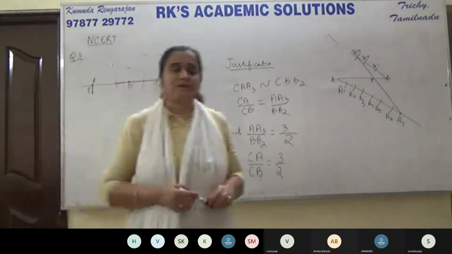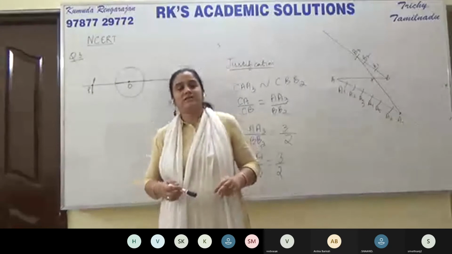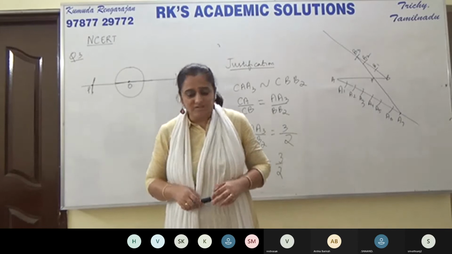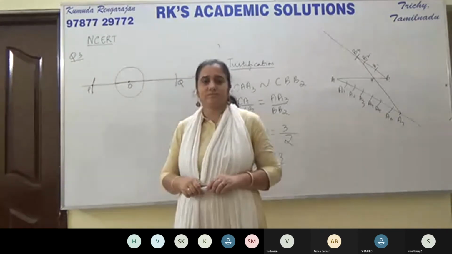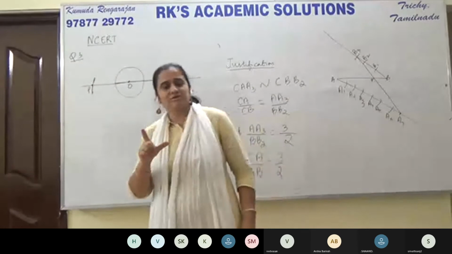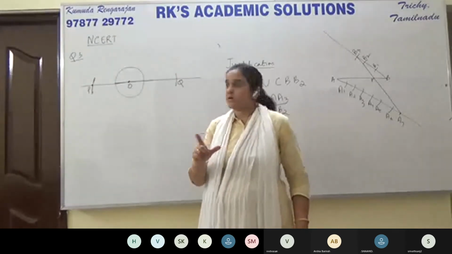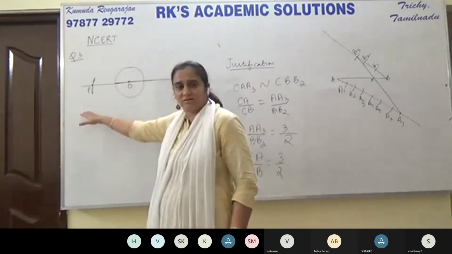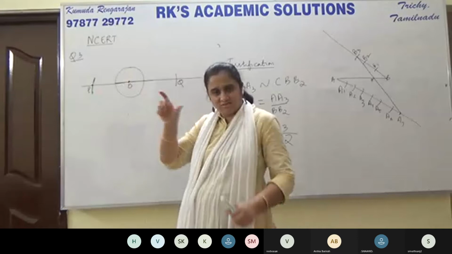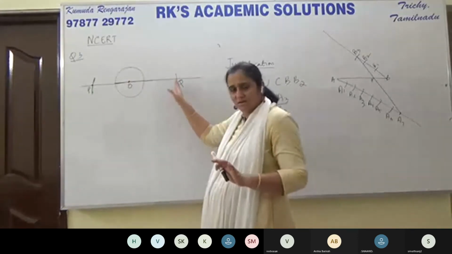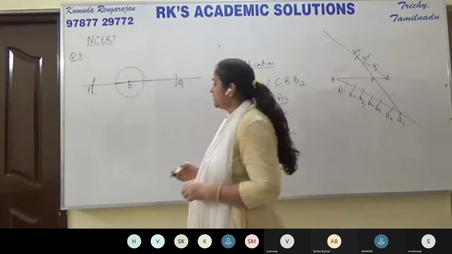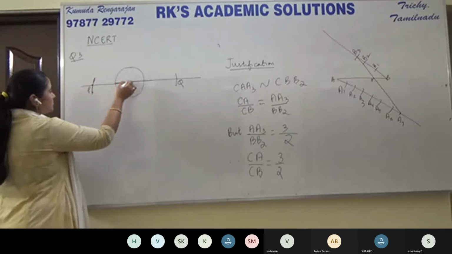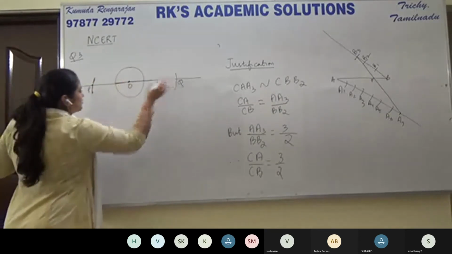Okay, so we have taken the points P and Q on the extended diameter so that they are at a distance of 7 centimeters from the center. I said you can take 7 centimeters radius on your compass. Put your compass tip at O, and on the left side, draw an arc, call it P. Same radius, draw an arc on this side, call it Q. OP should be 7 centimeters, OQ should be 7 centimeters.